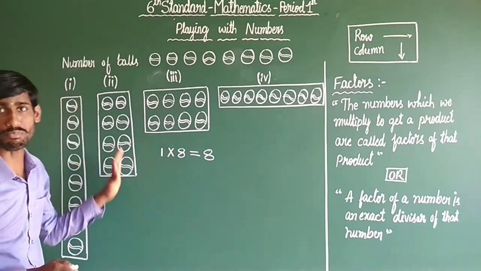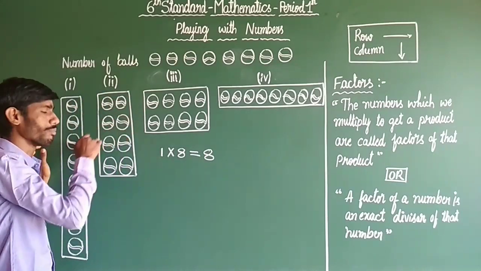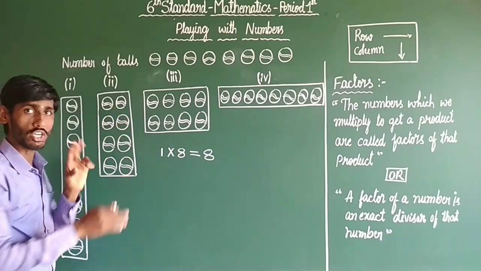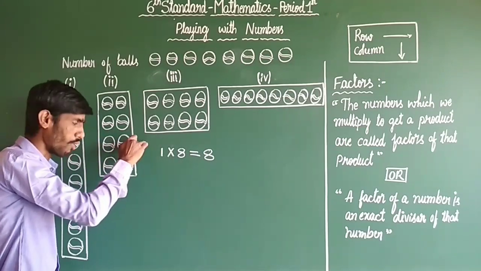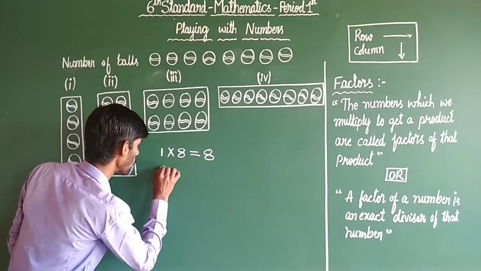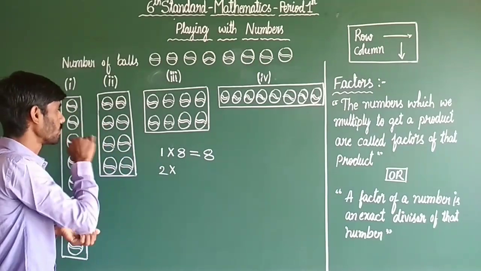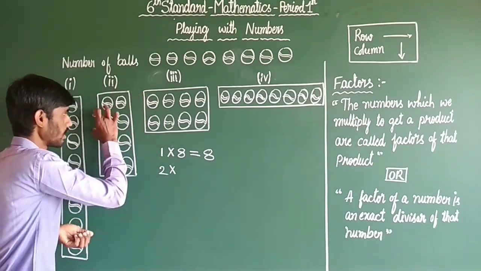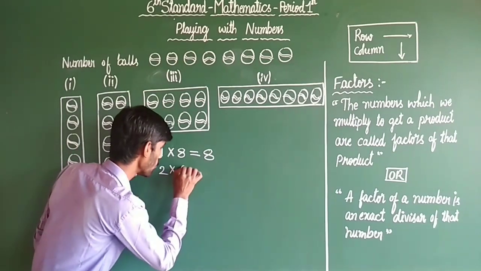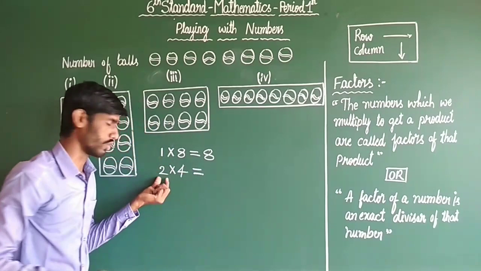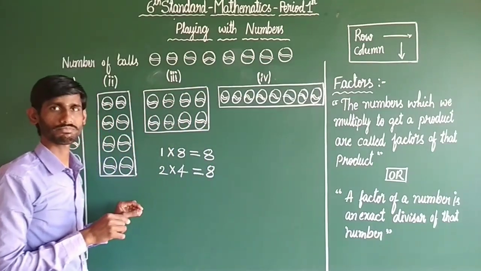Let us observe the second pattern. See, this is a row. In each row how many balls are here? There are 2 balls. In the first row 2 balls, second row 2 balls, third row 2 balls, fourth row 2 balls. How many rows are here? 1, 2, 3, 4. There are 4 rows. Okay, Chotu? 2 into 4 is 8. Yes, it is equivalent to the given balls.